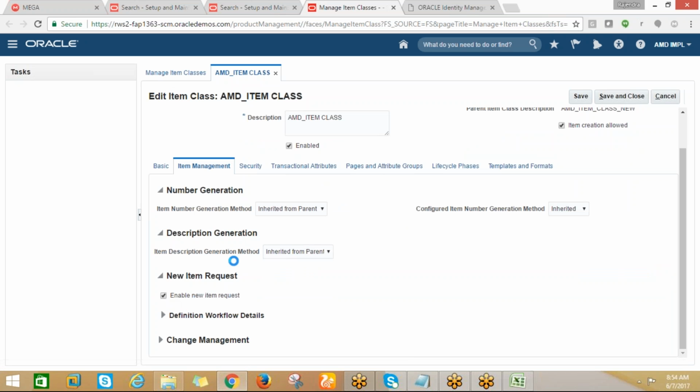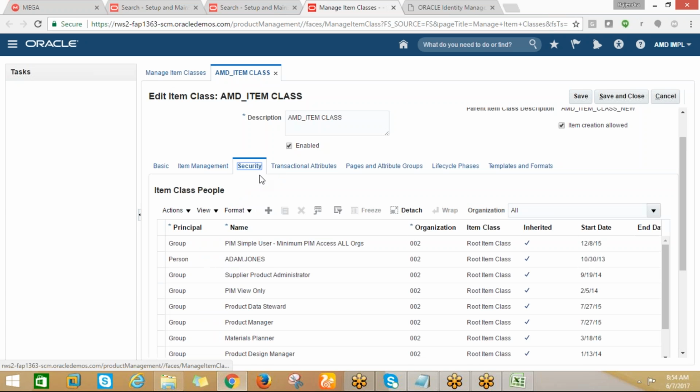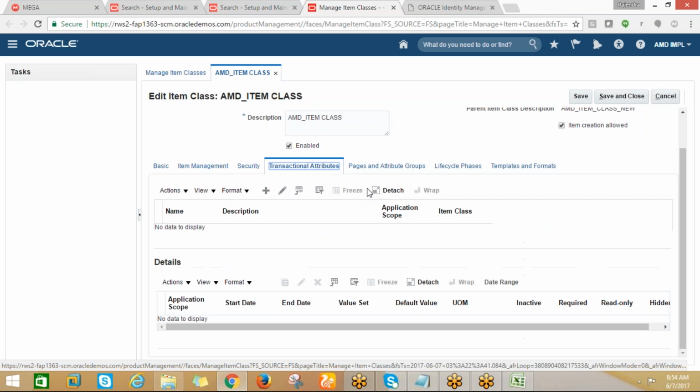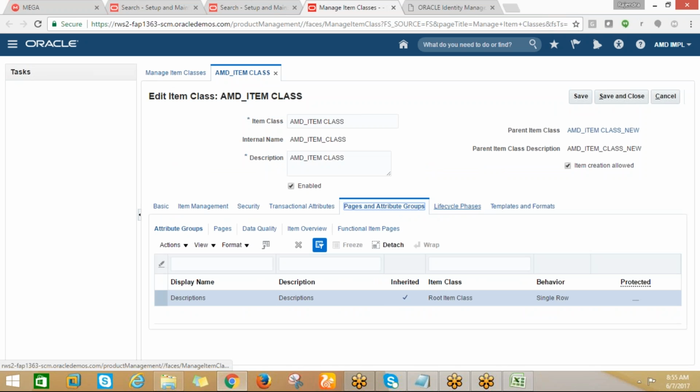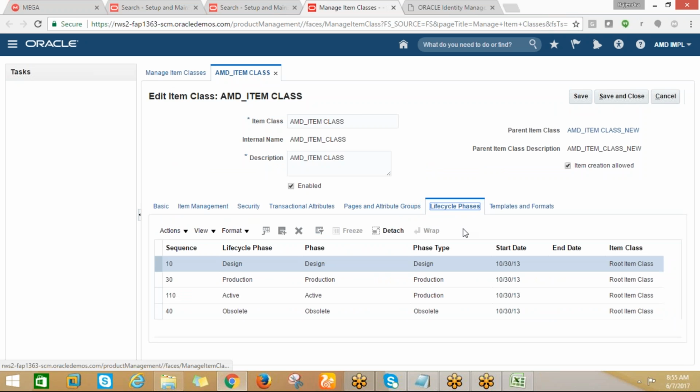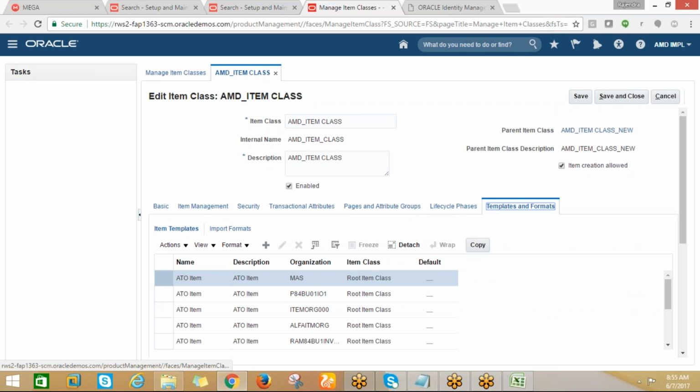Enable new item request, security, templates and format. Yeah, let me assign